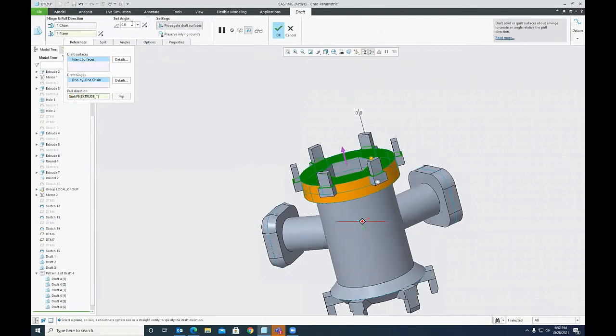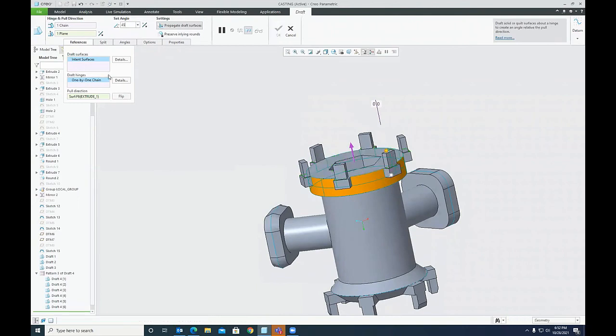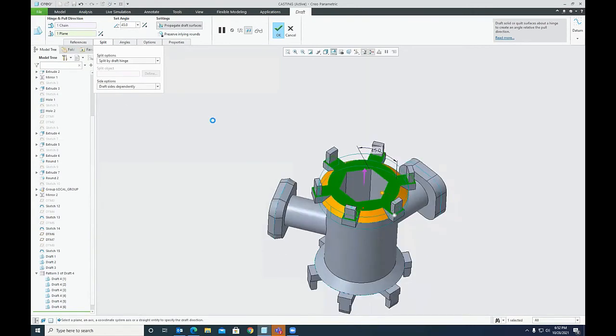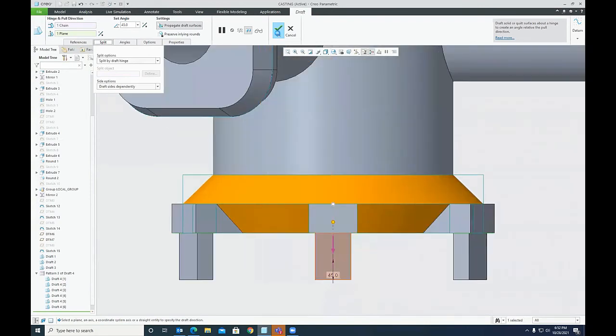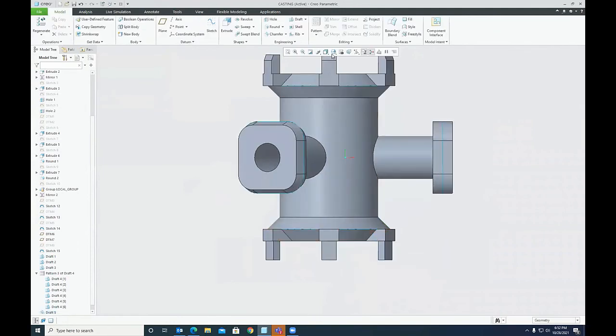So I will say angle of 45 degree, and then I will split it by draft hinge and both sides dependently. So it would be a draft given like this, which is similar to the draft on upper side.